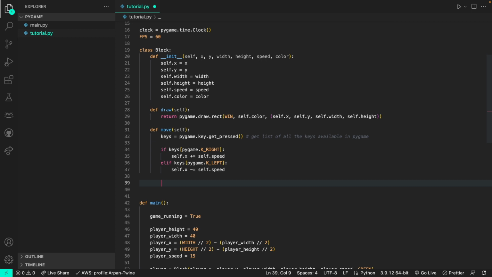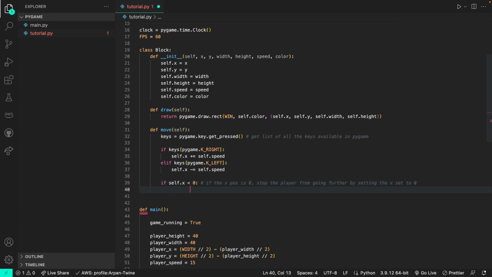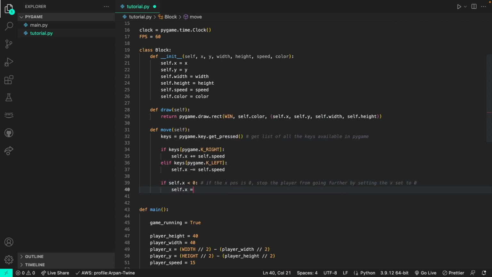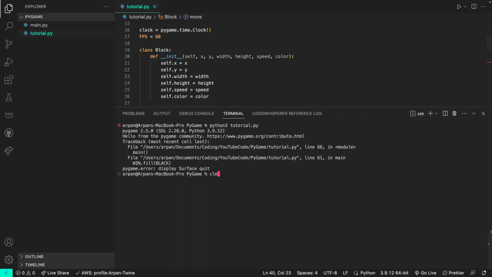So to check if it's exceeding, we can just do if self.x is less than 0, which is the position on the screen, meaning if the x position is less than 0, then stop the player from going further by setting the x value to 0. And I'm going to show you what this means in a bit. You'll kind of understand for yourself once you're in the game. So if I set it to 0 here and then run it again,